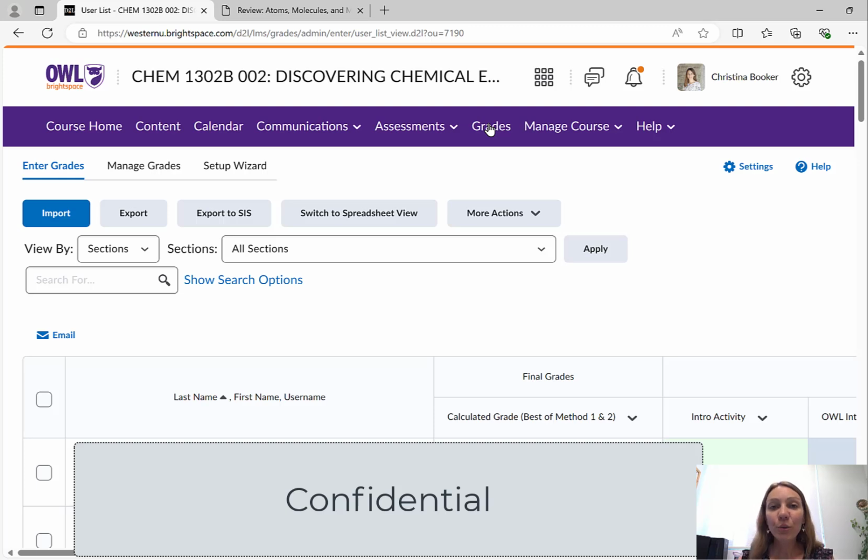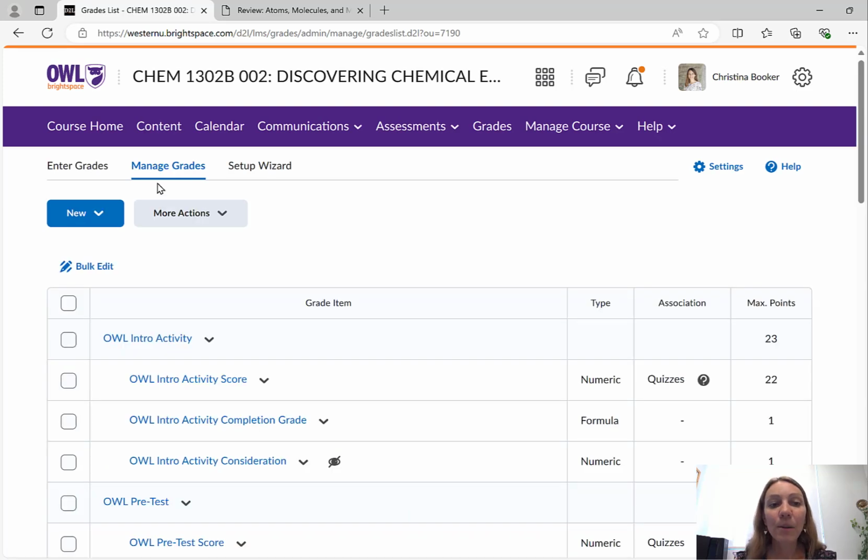We use the grades feature, previously known as the gradebook, to communicate student grades to them throughout the term. Under Manage Grades, you can see that we organized the items according to category. So the OWL intro activity, we were able to link that quiz directly to the quizzes feature, and it pulled their grade over.